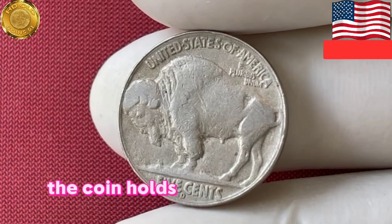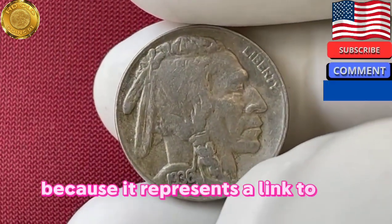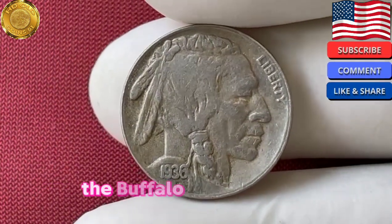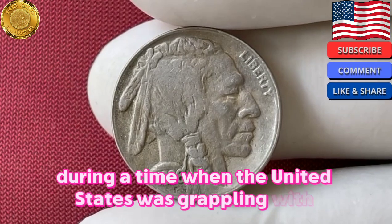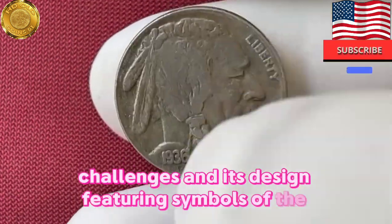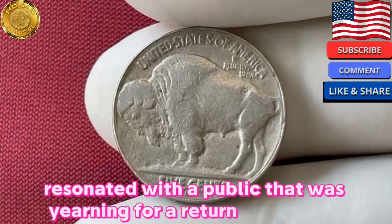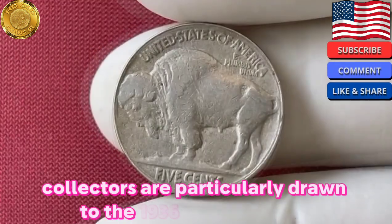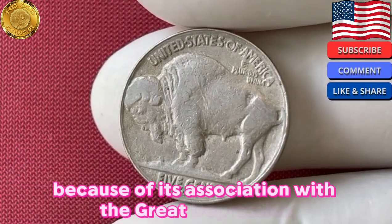The coin holds a special place in the hearts of collectors because it represents a link to the nation's history and its struggles during the Great Depression. The buffalo nickel was in circulation during a time when the United States was grappling with economic challenges, and its design, featuring symbols of the American frontier, resonated with a public that was yearning for a return to strength and prosperity. Collectors are particularly drawn to the 1936 buffalo nickel because of its association with the Great Depression and the